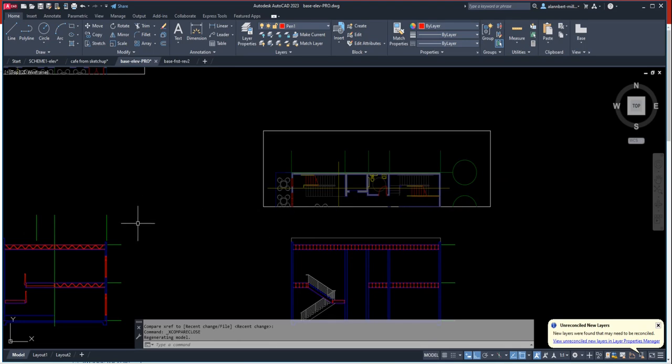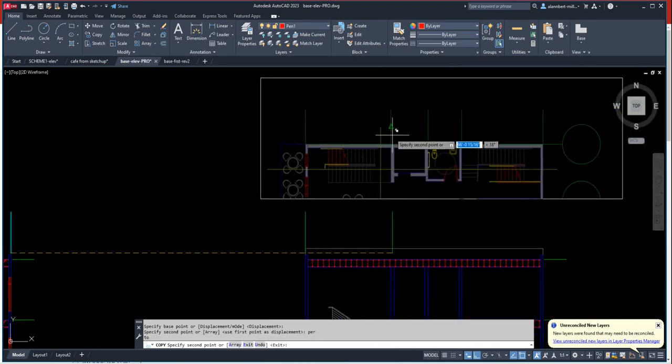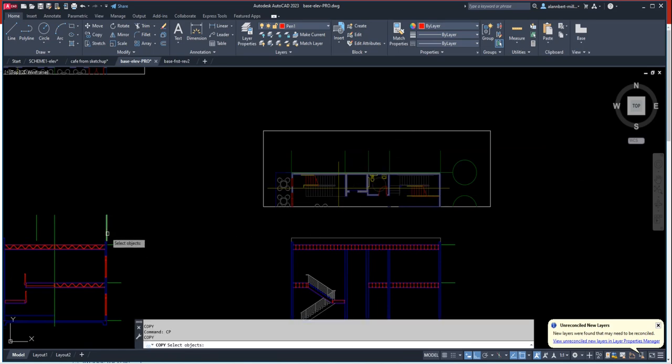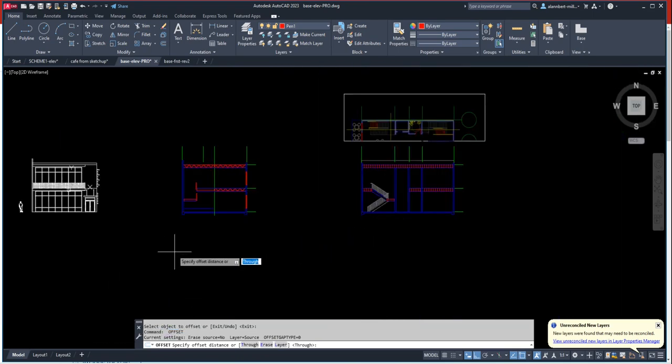So I'm going to do a copy and I'm going to copy this grid to perpendicular here. Okay, and then perpendicular here. Oh, undo. Oh, mistake. So here, perpendicular, and I'm just going to do an offset through here to here, here to here, here to here, and here to here. Okay, and just like we did on our layout, where we have,